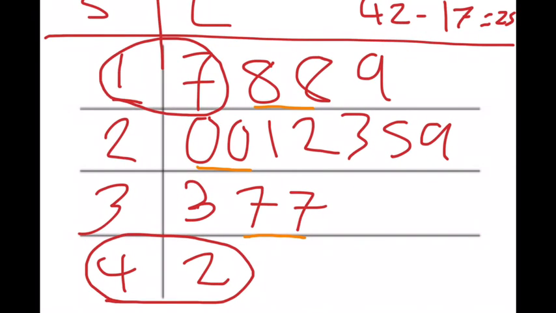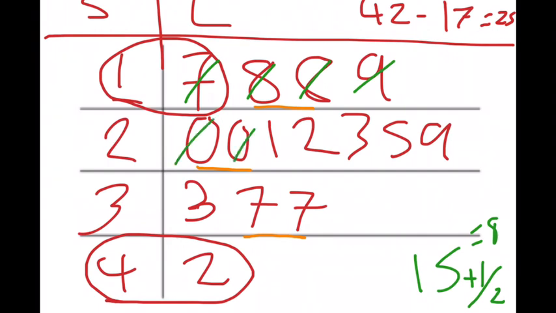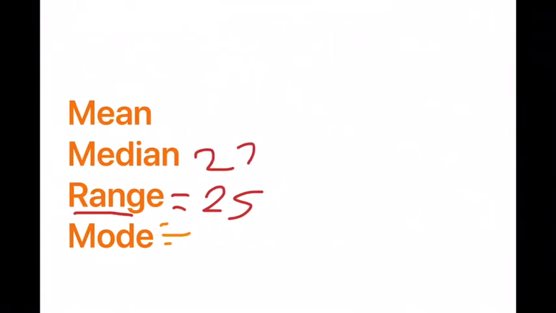In my diagram, I have 15 data points. But 15 is an odd number, so you want to add 1 and then divide by 2. That is 16, and 16 divided by 2 is 8. So you want to find the 8th number of the sequence. Let's start. 1, 2, 3, 4, 5, 6, 7, 8. This over here is our 8th number, which is 22. So 22 is our median. There is no mode, as I said.